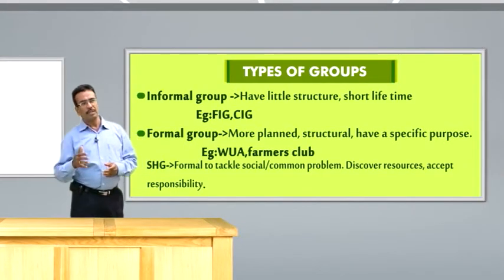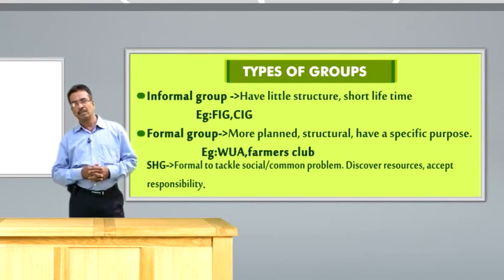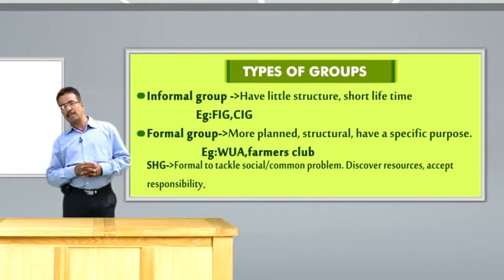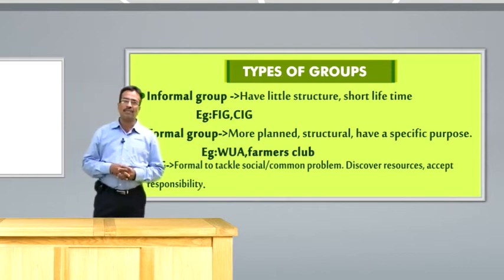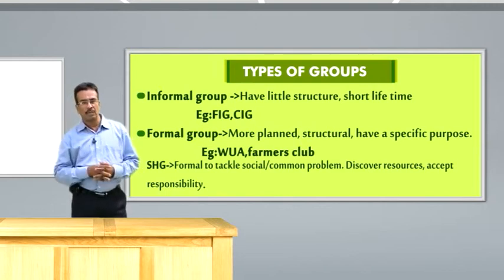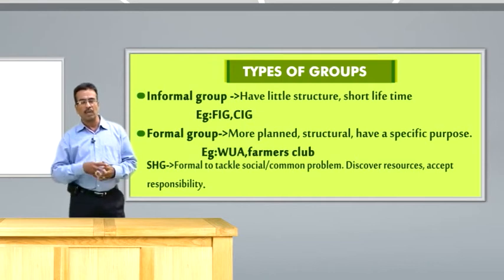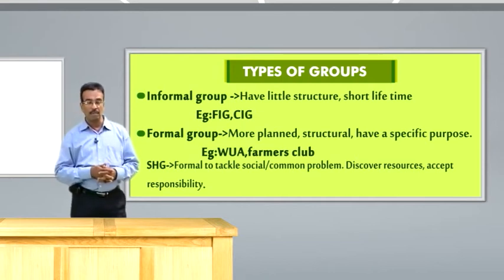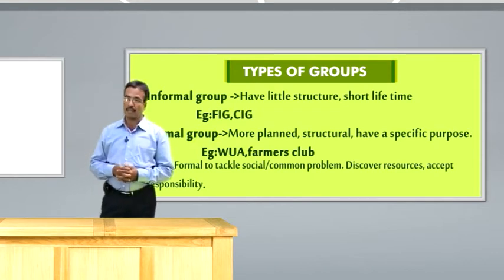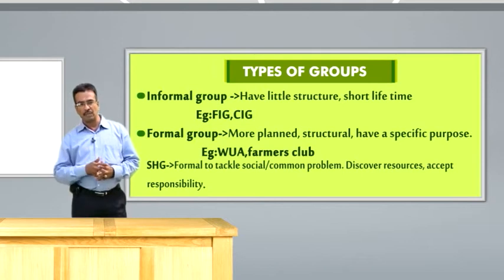So after seeing all these, we are interested to know what the different types of groups are. We have heard of a lot of groups, so we try to see some fundamental classification of groups. Informal group: this type of group does not have a solid structure and it is short term. A very specific agenda will be taken and they try to achieve it. For example, as I already told you, the farmer interest group, the commodity interest group, something related to the extension reform. You might already have got sufficient exposure in this area.